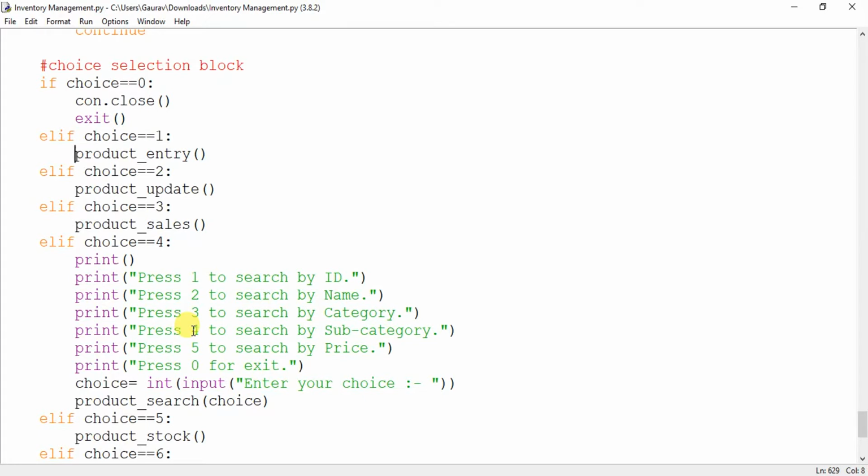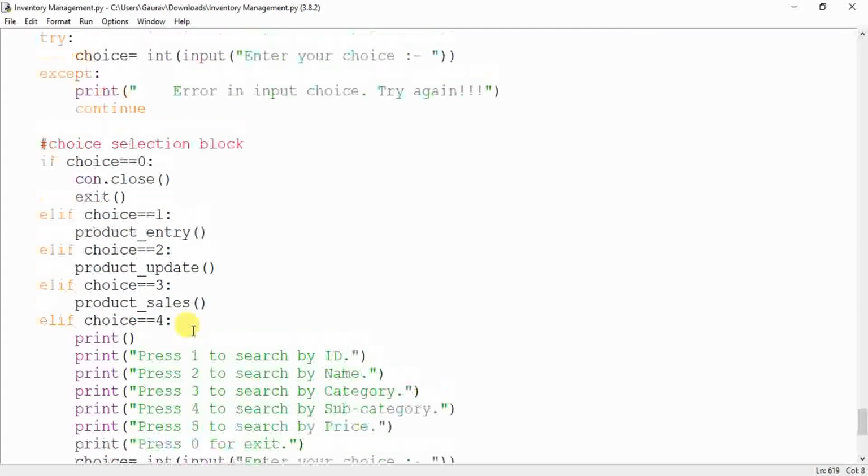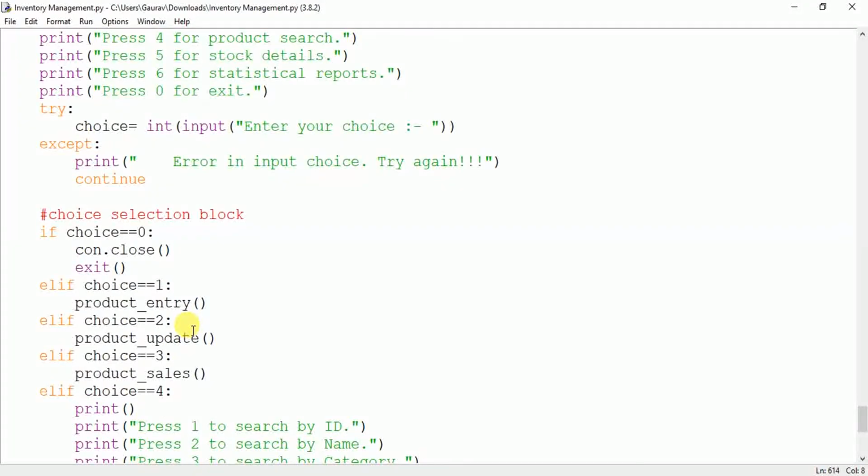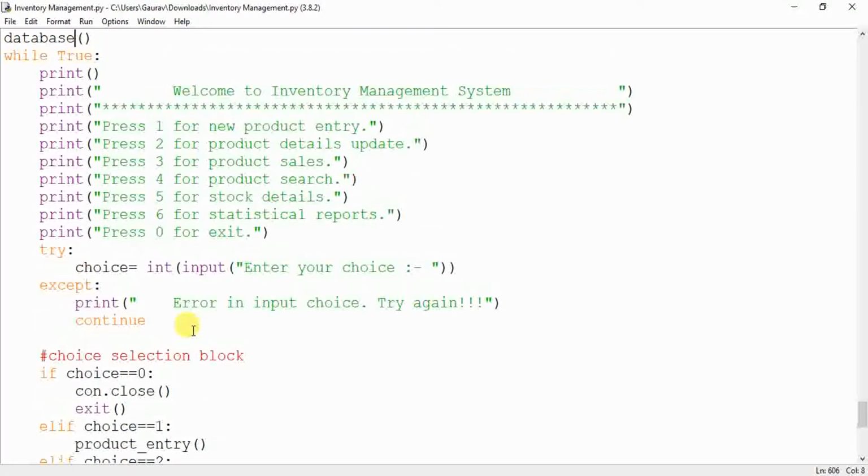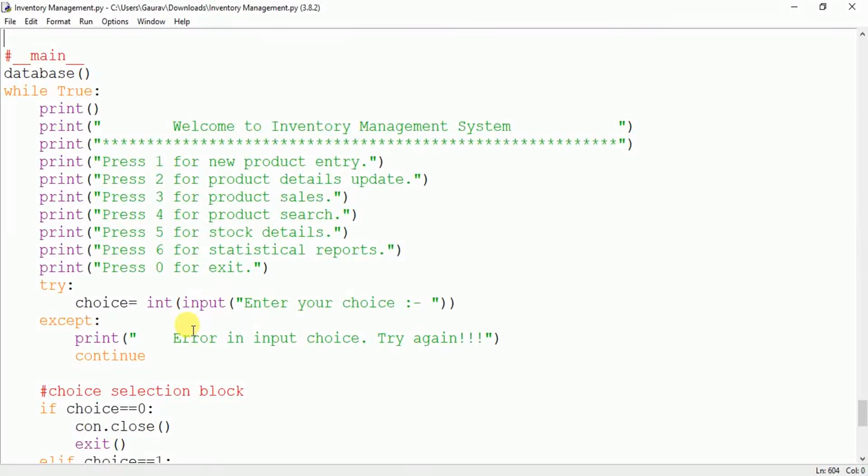Clear? So let's start with the first function of our project. This approach is very good while designing the project, that you should make a separate function for database connection. This is the function for establishing the database connection. So we will start discussing this database function with you.